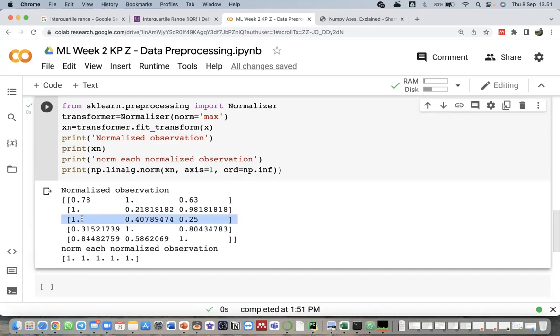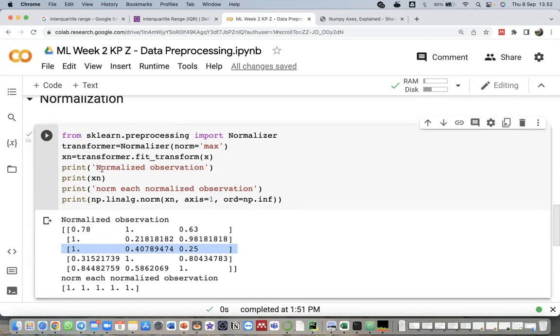I forgot about the situation when we need to use L1, L2, and Lin. But after I remember about it, I will give an explanation to you because I forgot which situation. Yeah, we need to use the L1, L2, and Lin. Okay, I will Google it after this. So this one is the normalizing observation using L1, L2, and Lin normalization.